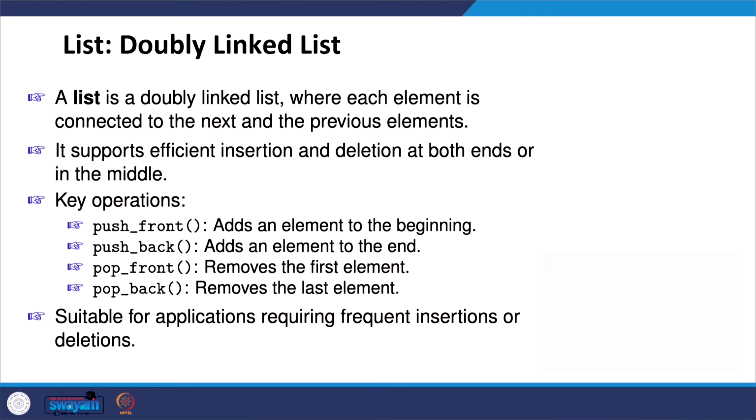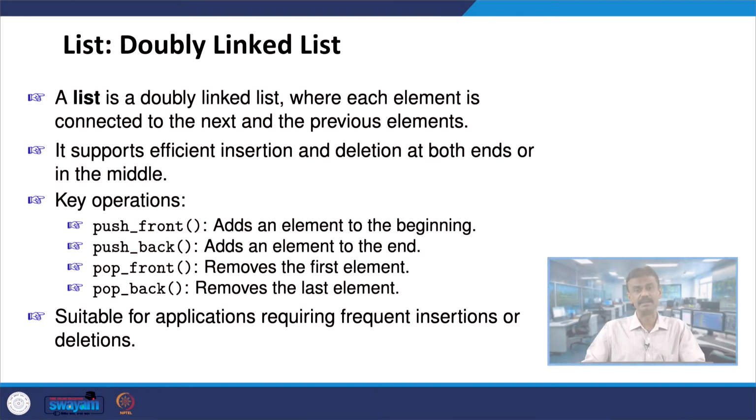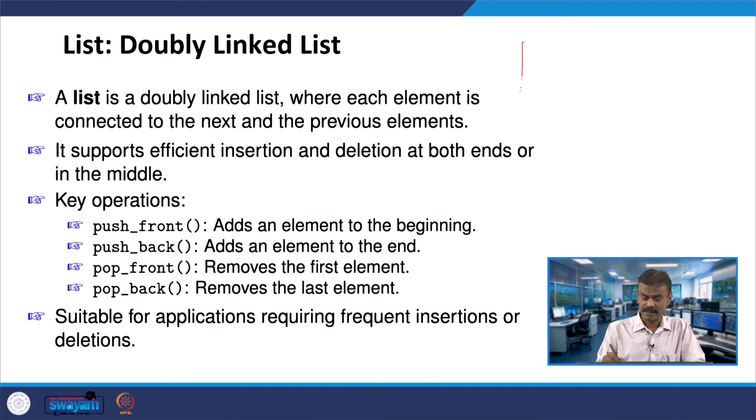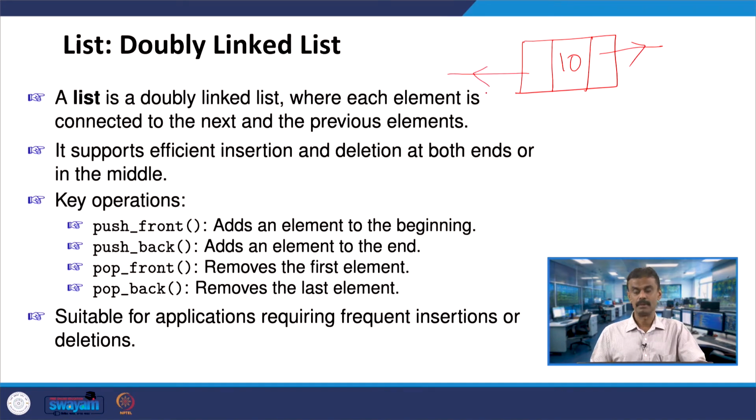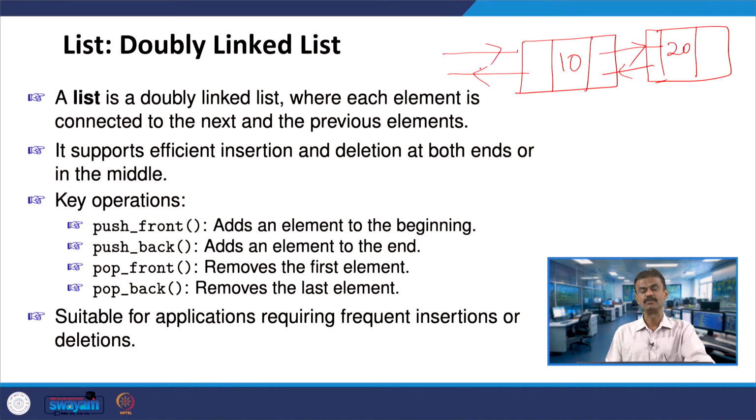List, right, the next after vector we had seen, list. So, list is nothing but the doubly linked list, right. So, in a doubly linked list, the structure will be, the node will be like this. It may have some value and then there are 2 pointers. One pointer is pointing in the forward direction, another one in the backward direction, right. So, this will have, let us say 20, right, and then this may point over here, right, and then maybe forward. So, one link is forward, another one is backward, right.